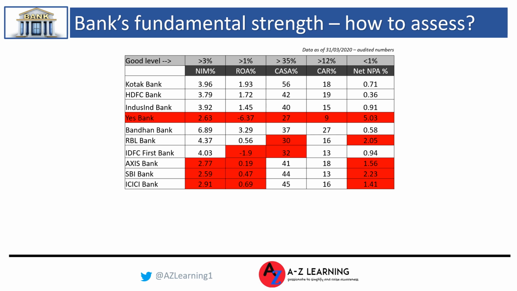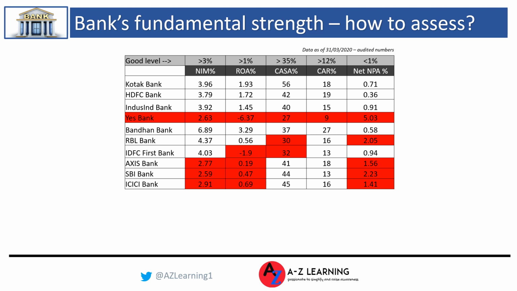Net interest margin, we are saying, must be more than 3%. They have got 2.6. Return on asset is negative for them, so can't be good. CASA, where we expect it to be more than 35%, they are 27%, so again not good. Capital adequacy ratio must be more than 12%, they have got only 9%, again not good. Net NPA must be less than 1%, there is 5%, which is again not good. So Yes Bank across all these metrics, on a fundamental basis, is a complete red flag,